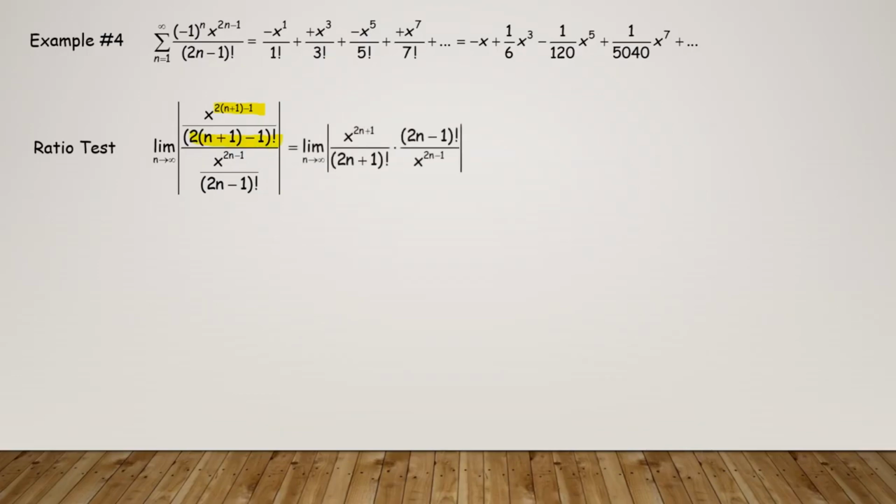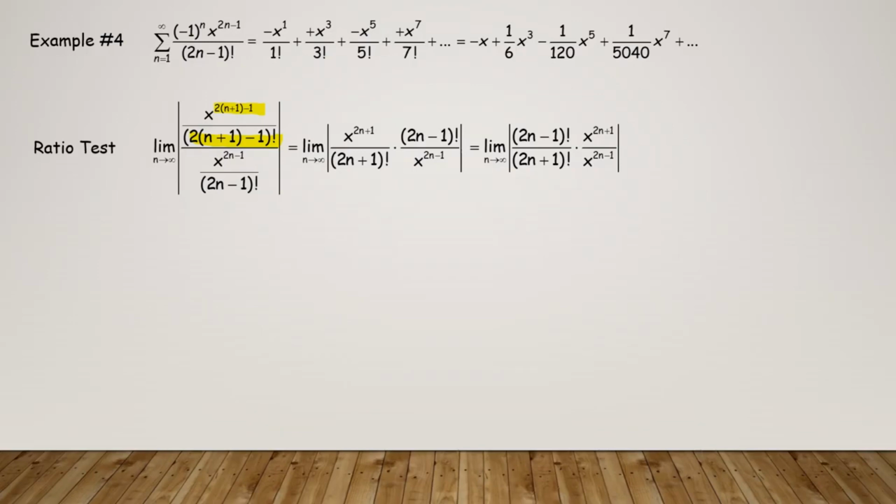For instance, we'll now have the limit as n approaches infinity of the absolute value of x raised to the 2n plus 1 divided by the quantity 2n plus 1 factorial, multiplied now by the denominator's reciprocal, quantity 2n minus 1 factorial all over x to the 2n minus 1. As we continue simplifying, you will want to remember, what does it mean to be 2n plus 1